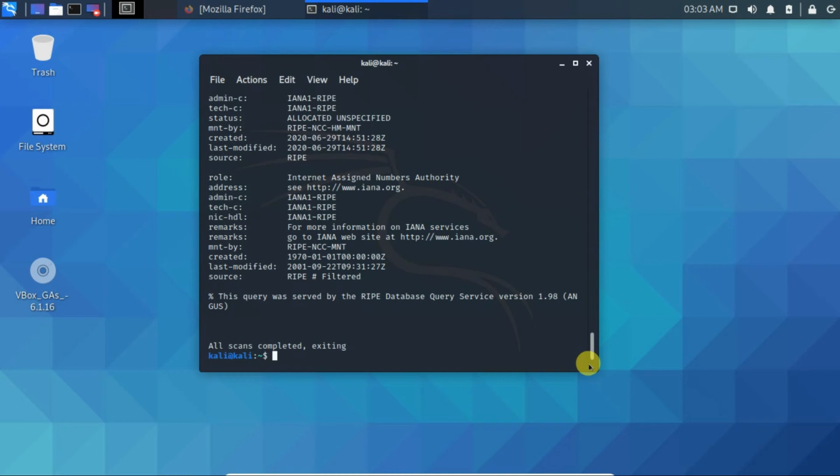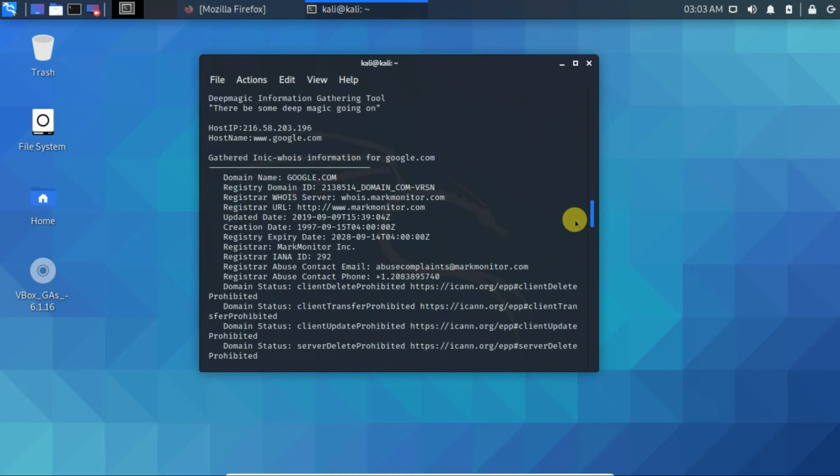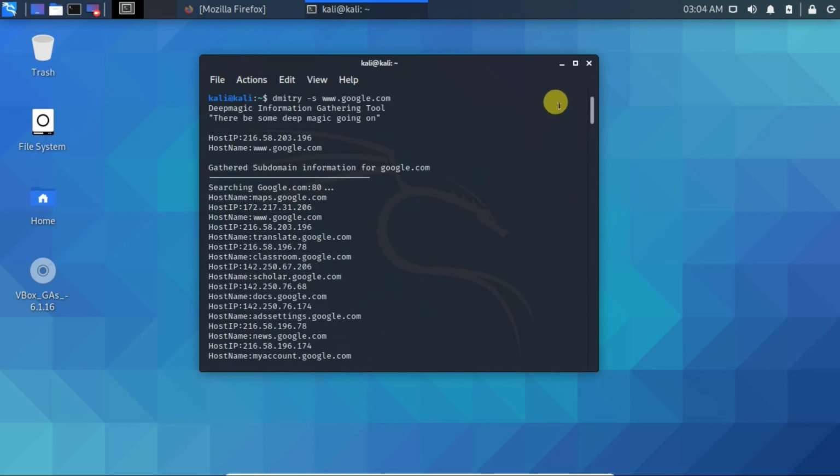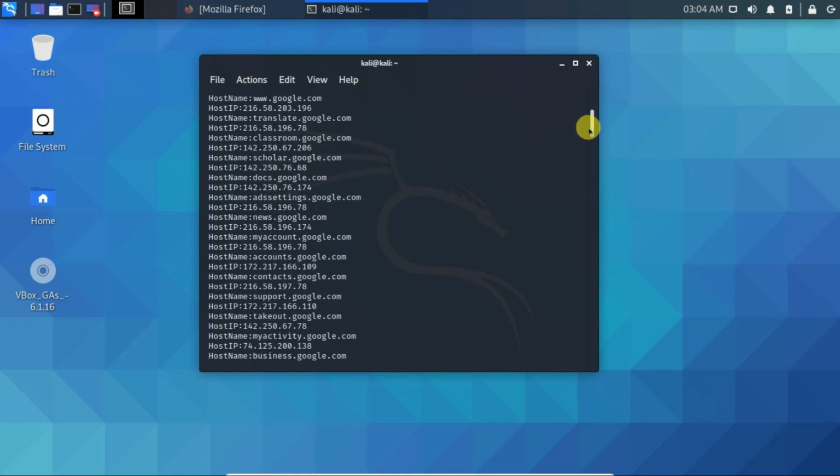And now we know how to look up IP addresses. See, isn't it really amazing? In the beginning we asked Dimitri to get us information about the subdomains of Google, and it got us 37 subdomains with their IP addresses, right?